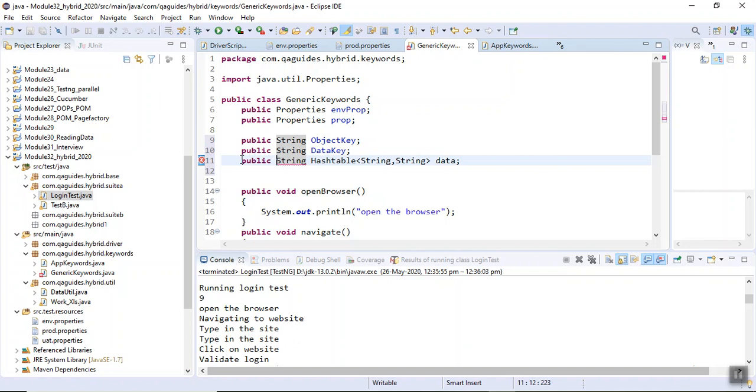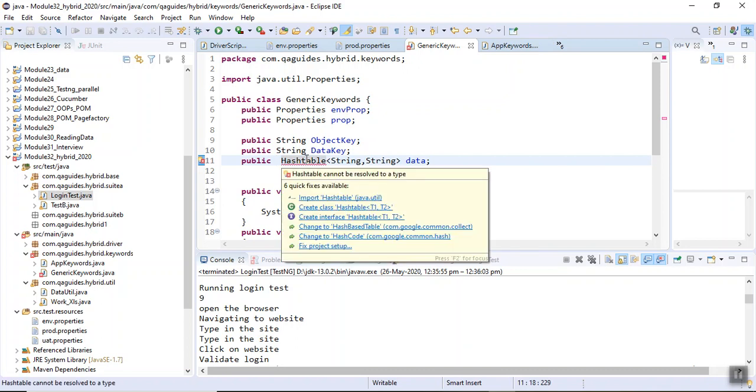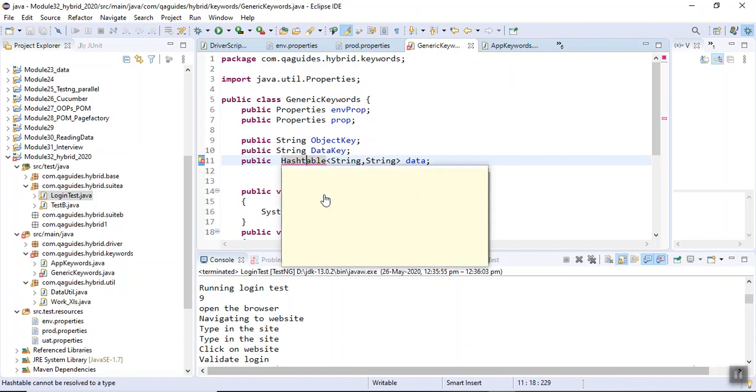See in drivers, why it is showing me error? Oh, sorry. Public hash is capital. Oh, imported. So now what I will do?